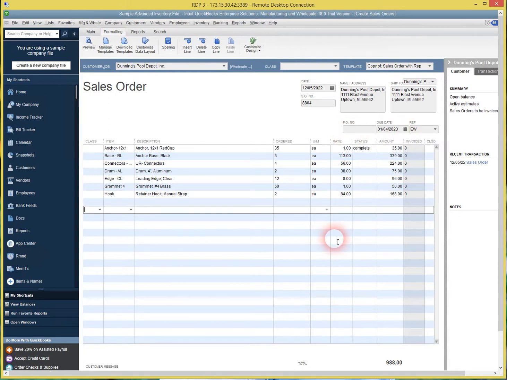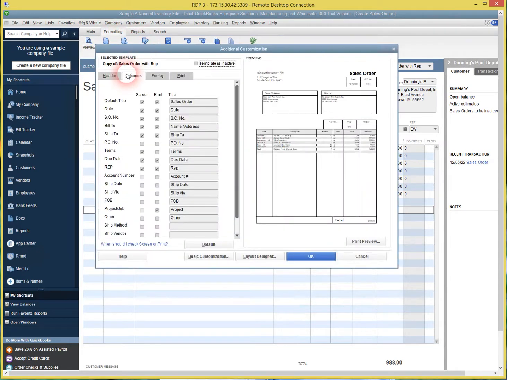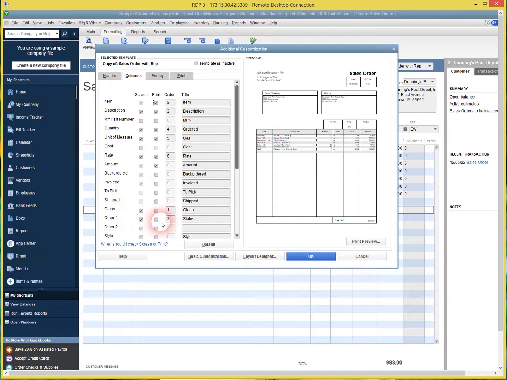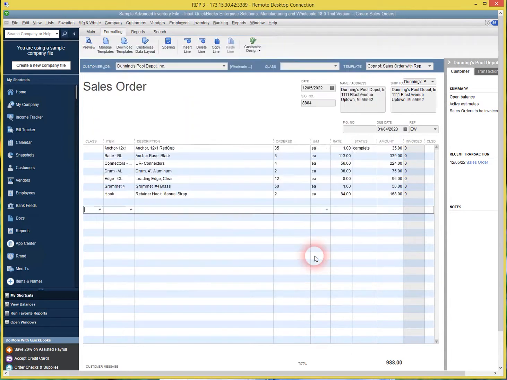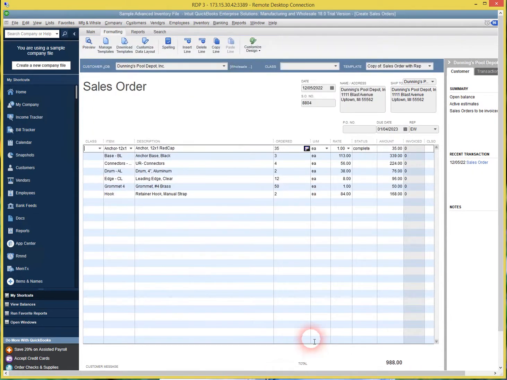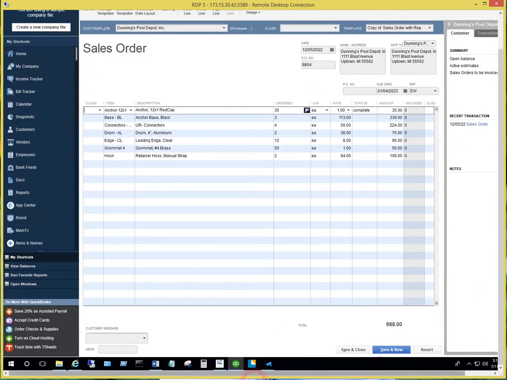Okay. So we've added Other1. Let's just review that real quick. Customize data layout columns. So we have status as Other1. Okay. So now in the guide in Label Connector, we've got